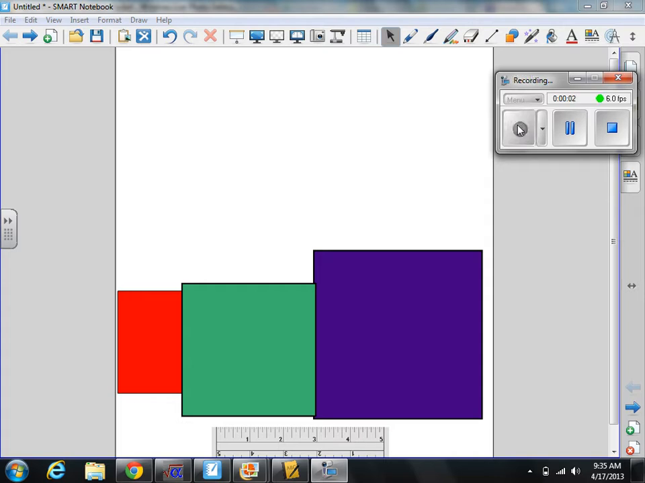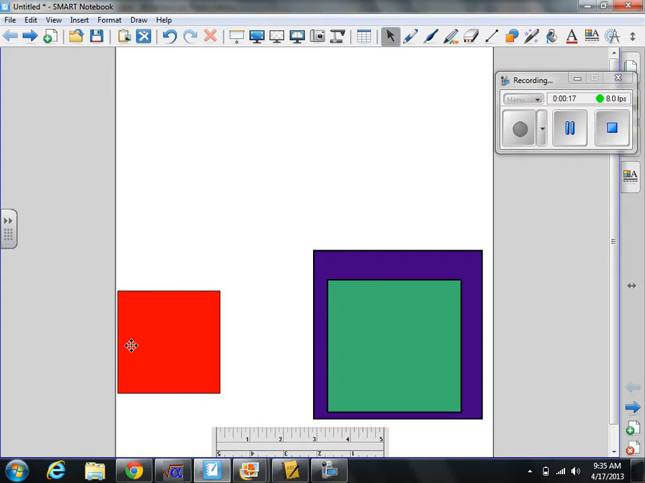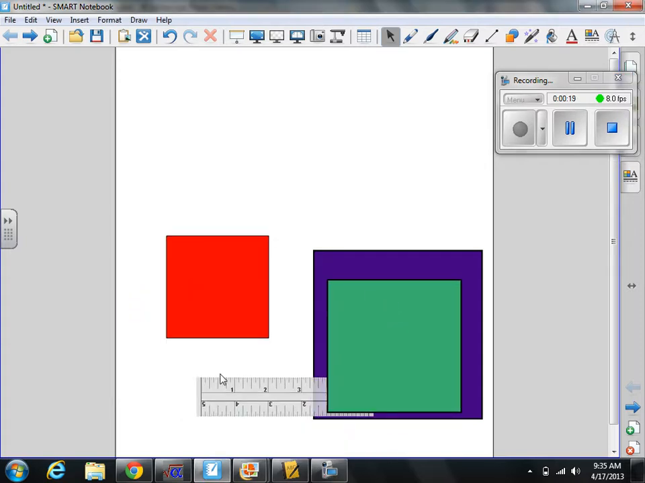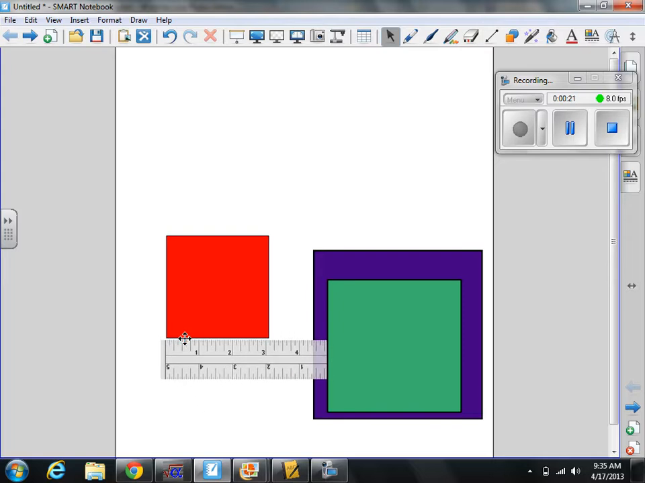Alright guys, good morning. Today we're going to work on something called the Pythagorean Theorem. And I just want to show you through an example of the following squares below how the Pythagorean Theorem works. So what I'd like to start by doing is taking each of these squares and showing you that they are